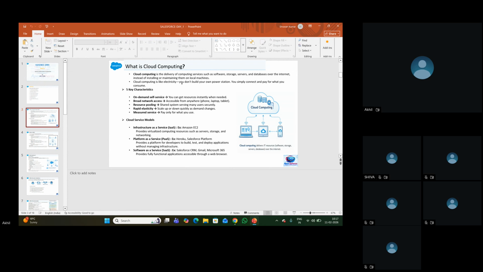So cloud computing is like electricity. You don't build your own power stations, you pay for what you consume. So in cloud computing, let's suppose we used 10 GB of storage, we only need to pay for that. We don't need to additionally pay for anything. Whatever we use, we pay for that. So that's all about cloud computing.